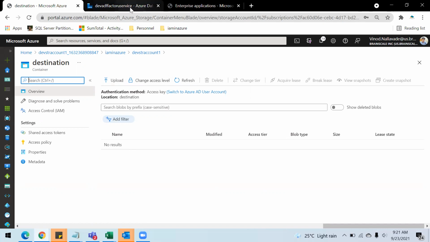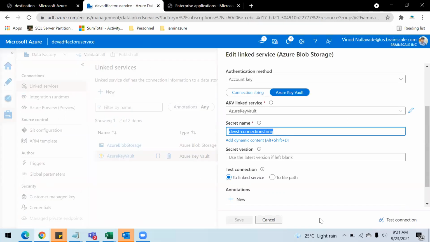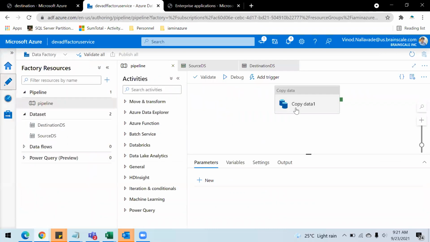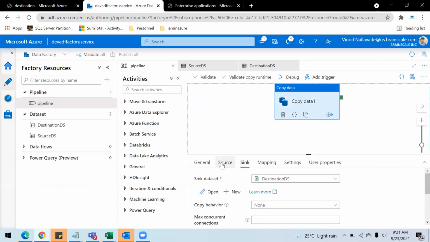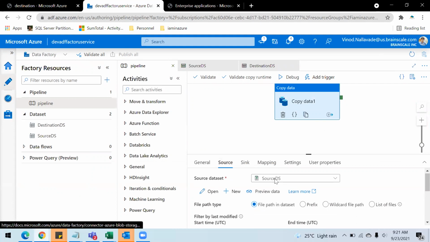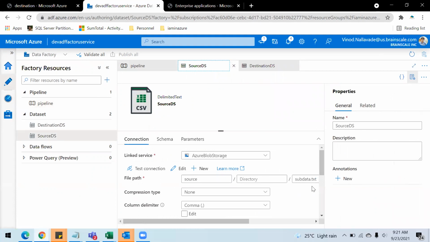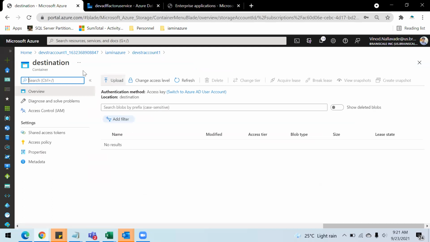Oh, I think it will fail, because one thing we did: inside the source dataset, we have given the file path as the sample data txt. So actually we need that file only, with the same name. It's my mistake, let me correct that.